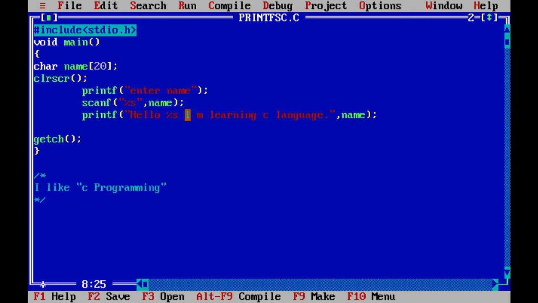Now see here, suppose I want to display this line onto the next line. Use the \n here. What it means, print the hello and उसके बाद name print करो, then go to the next line. Suppose here I want to give the tab, then use the \t. What it means, display or write I am learning. After that give one tab and after that write down the C language.